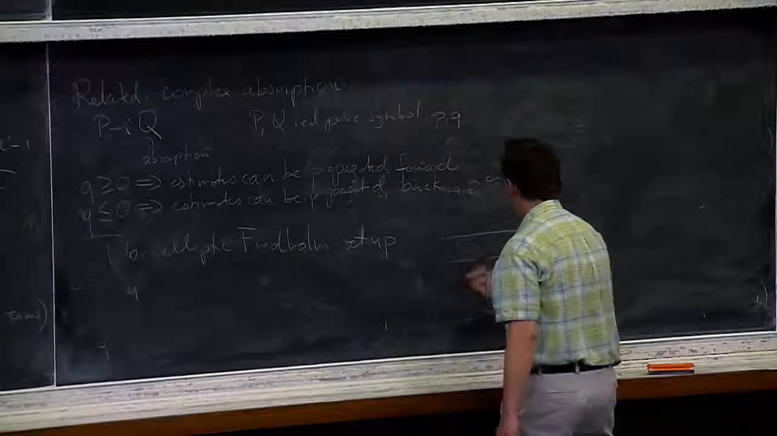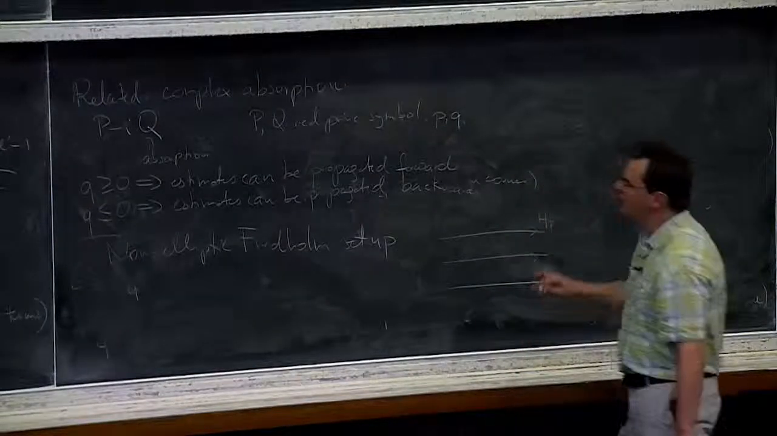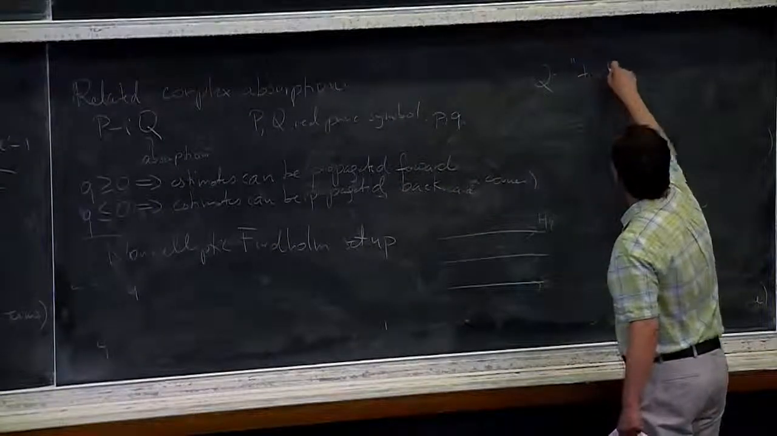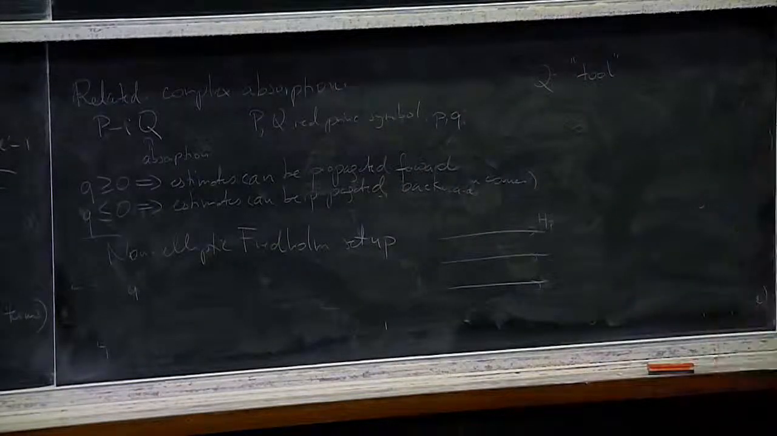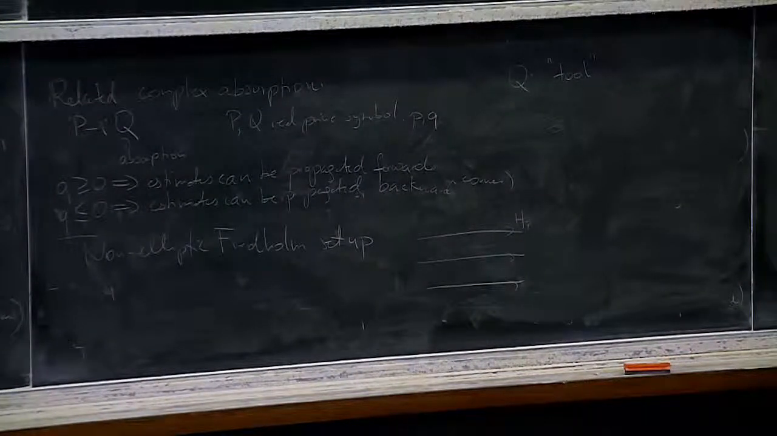So these are going to be my HP integral curves. Here I think of Q as a tool. So P is the real operator. P is the honest operator I care about, and Q I'm adding because it's a tool. So this way it's analogous to